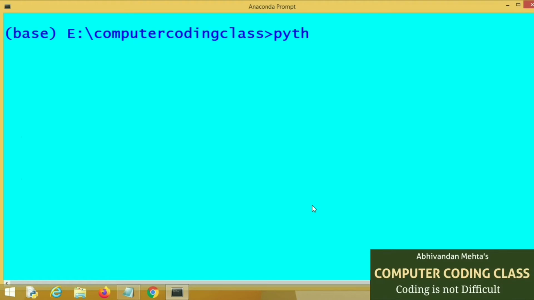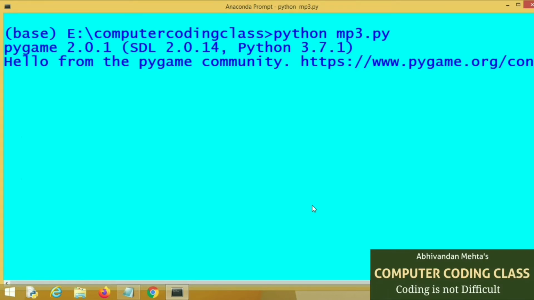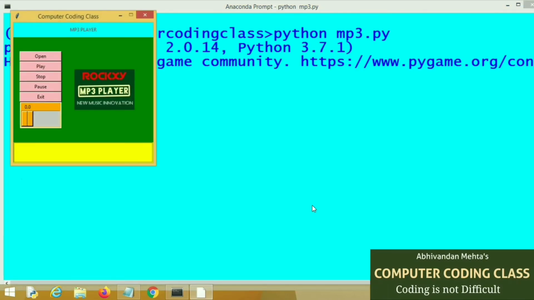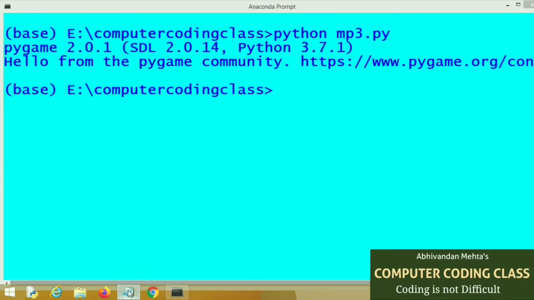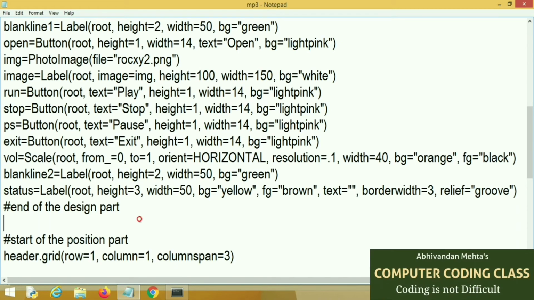Now we will run our program. This is the screen of our player. Now we will give functionality to this screen.